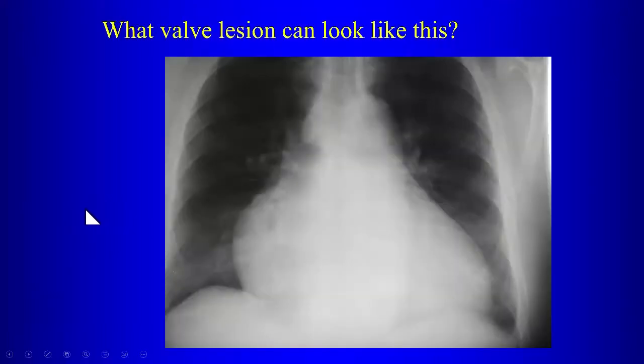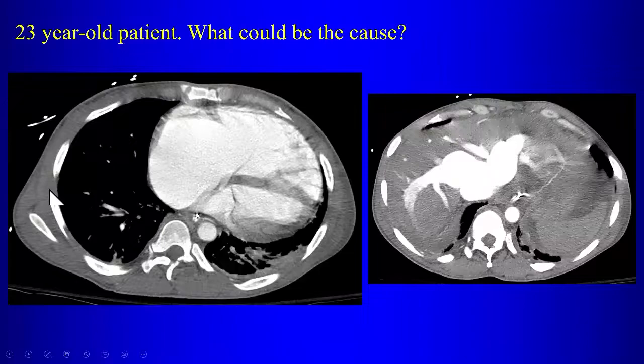Okay? All right. What valve lesion can look like this? What's abnormal here? Yeah, so the right atrium is dilated, so here you would think about disease affecting the tricuspid valve. So what disease affecting the tricuspid valve then? Tricuspid what? Tricuspid insufficiency, right. That is much more common than tricuspid stenosis,